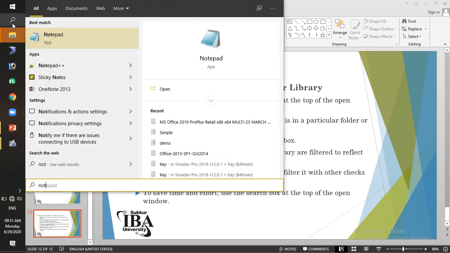When I type note, you can see different best matches are available, like Notepad, Notepad plus plus, Sticky Notes, Note 1, and you can also see notification privacy, notify me if they are. So these are the different searches which came through my keywords or search terms.